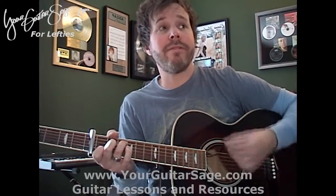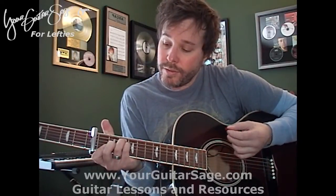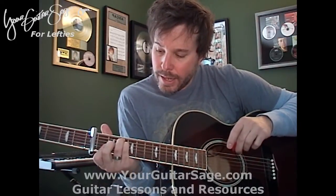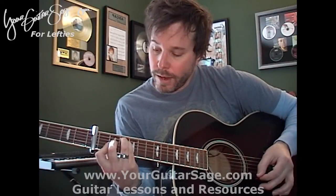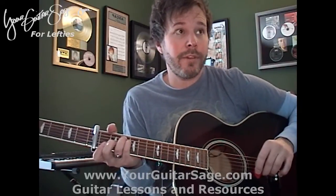A measure of F. And I play my F like this. I mute that 6th string here with my thumb. Instead of playing a big old fat bar chord, I act like I'm playing the bar chord, but I take this finger here, 1st finger, and lay it down on fret 1, and I bring my thumb around, mute that 6th string. So, 2nd line here is an F